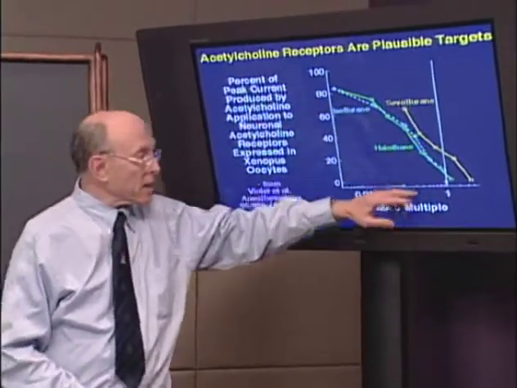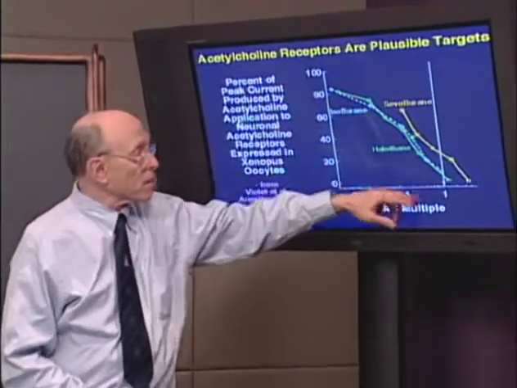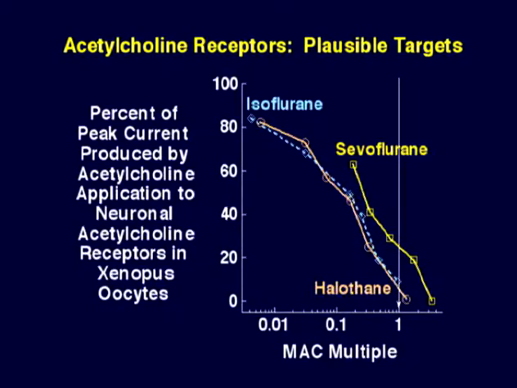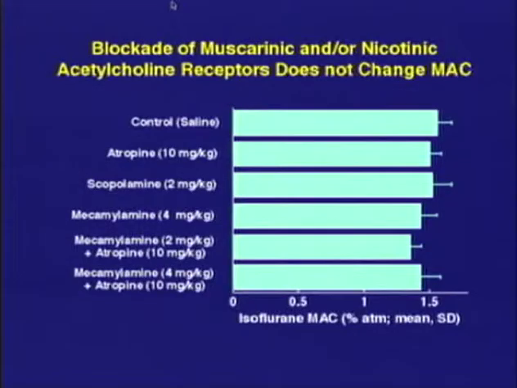We get blockade of the acetylcholine receptor right about at MAC with sevoflurane, with halothane, and with isoflurane, and the curves overlie each other. It looks great. That's a plausible target. That could be how anesthesia works. Except that when you give drugs that block the acetylcholine receptors, and we're talking about enormous doses of these drugs,